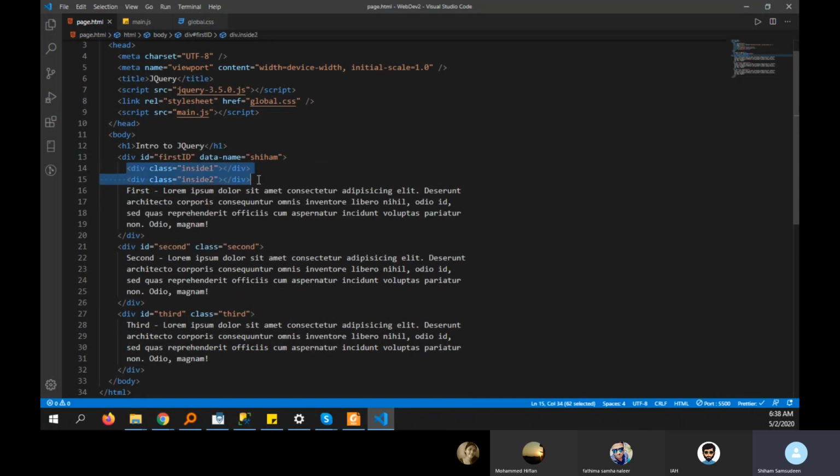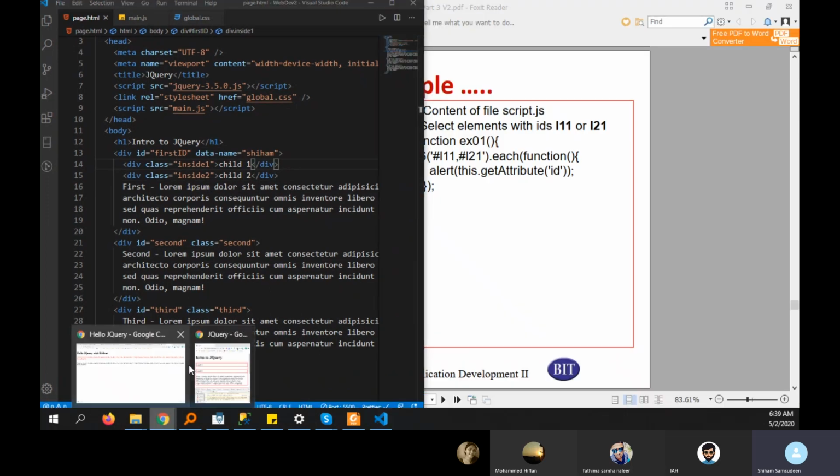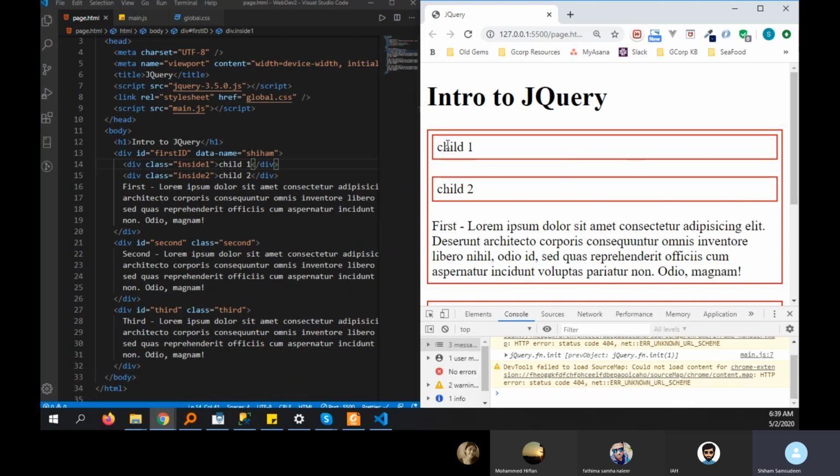If I want to target these two divs only, what I would do is first target the first ID, this div, and then I would target the divs within it. So if I fill it up with this child 1 and this child 2, and take this one also to the side, right? So here we have child 1 and child 2. So how to target these two is basically